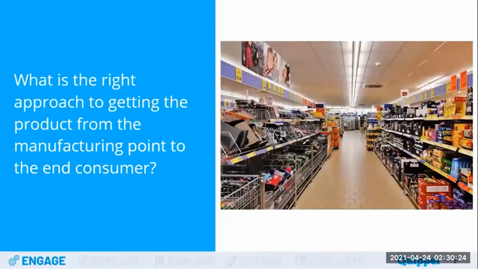So we have the following question. What is the right approach to getting the product from the manufacturing point to end consumer? So ano ba yung pinaka best way or appropriate way, no, para ma-deliver natin yung product from the manufacturing hanggang kay customer.